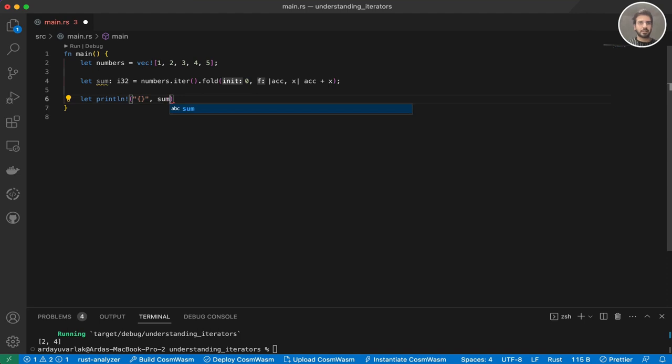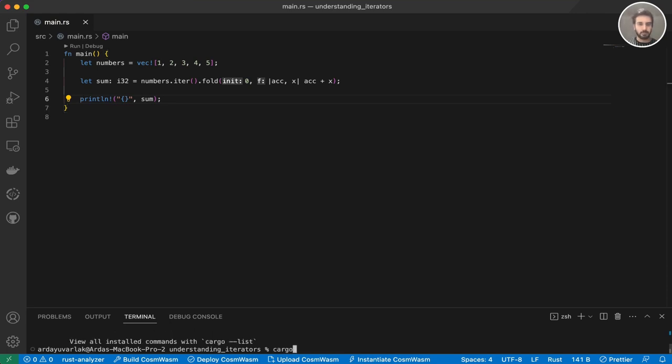And then let's say sum. Oops, obviously we shouldn't say that. Cargo run. We got 15. Let's check this out. 3, 6, 10, 15. It checks out. So as you can see, with one line we can get the summation of the values in